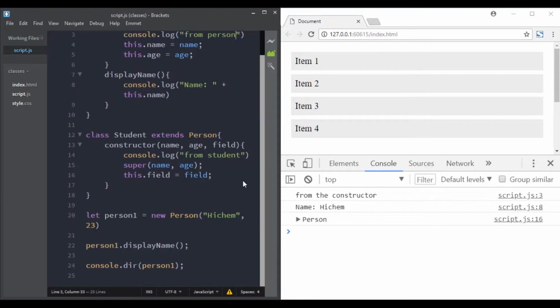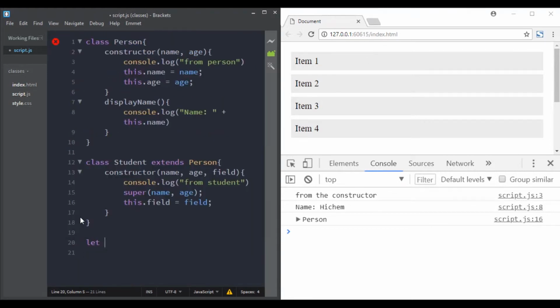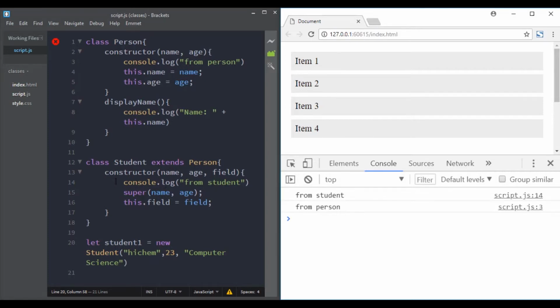Then let's remove all of this and create a new student. So student 1, it has this name, this age, and this field. And now when we create an instance of student, the JavaScript engine will call the constructor of the student class. And since we are using extends person here, it also knows that this student will inherit from its parent, which is person. So first the constructor of the student will be called, then here it finds super with these parameters,